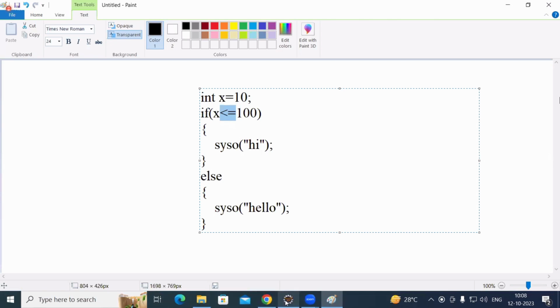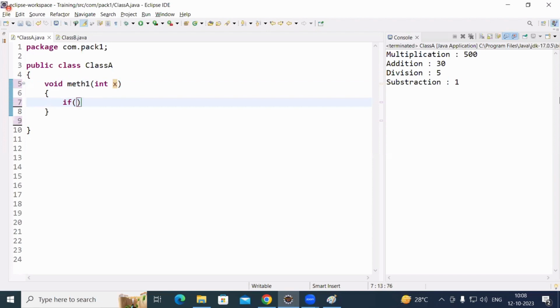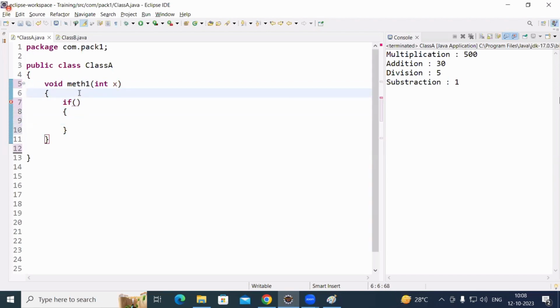For example, I'll do one thing. Let me take a small method, void method1. Let me make it a parameterized method, int x. And just a small System.out.println, simply for understanding purposes, I'm going to write,